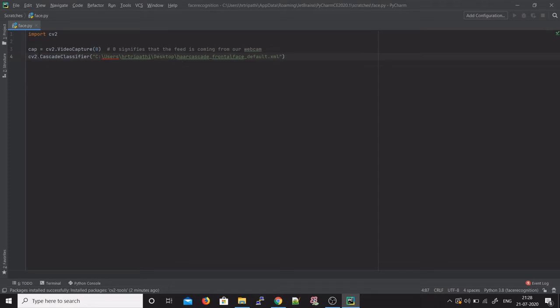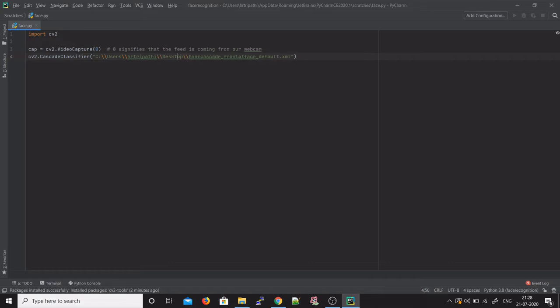I passed it into my CascadeClassifier function from CV2. Sometimes in PyCharm, and I'm not sure about other IDEs, there are errors when in your path you pass a single backslash. The hack around that is you write 2 backslashes, right?